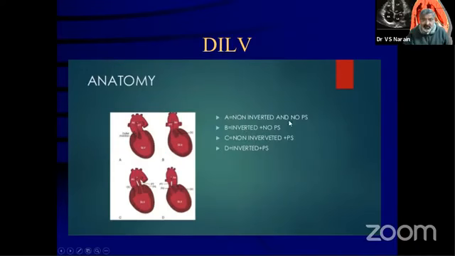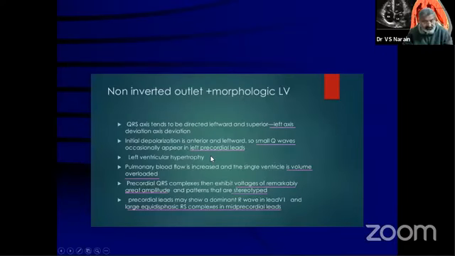You can have a non-inverted situation. This is a non-inverted outflow tract, and there is no pulmonary stenosis. There is a non-inverted situation where you have pulmonary stenosis, and you can have an inverted situation with pulmonary stenosis and an inverted situation without pulmonary stenosis. So non-inverted and inverted, PS or no PS. These are the 4 combinations that you can have, and you can have different types of ECGs on a double inlet left single ventricle, but the axis deviation helps you here.